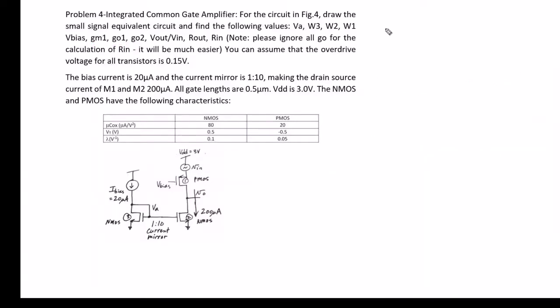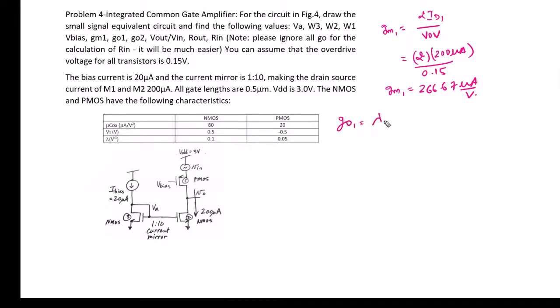So GM1 of the first transistor is given by the formula 2ID1 by VOB, and we have ID1 as 200 microampere, VOB as 0.15 volt, so we can write GM1 as 266.67 microampere per volt. So GO1 we can calculate as lambda P, because this is the output admittance of the first transistor,